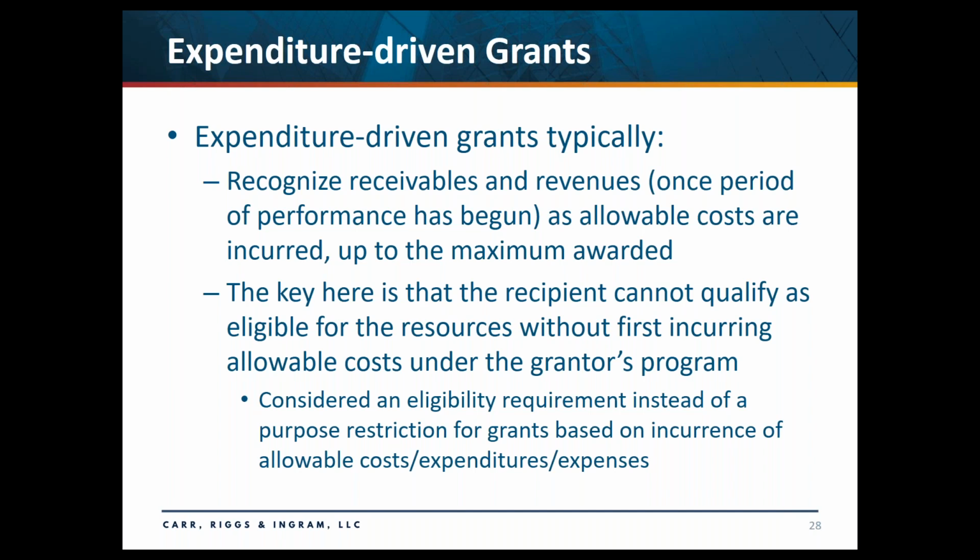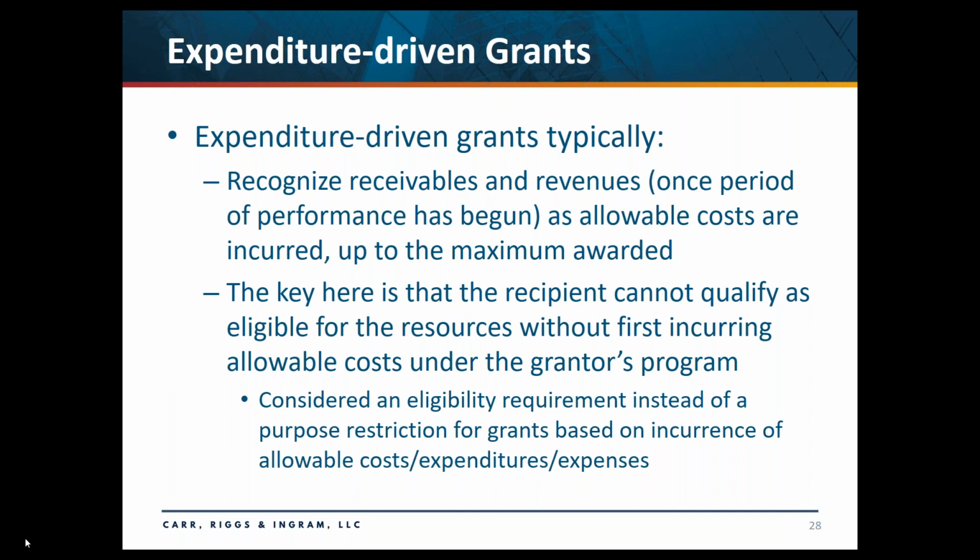Those of you who work with grants or governmental accounting, these are probably 90 to 95% of the grants you get if you're in a general purpose government. Most grants are expenditure-driven grants. Expenditure-driven grants are: I need this much money for a project, and a government or some other grantor is going to give me some percentage of that, and I earn it as I spend it. And again, I think there's a very fine line nuance between this and purpose-based restrictions, but most grants fall into this category. When I have an expenditure-driven grant, regardless of whether it's an advance or a reimbursement, because that doesn't matter at all,